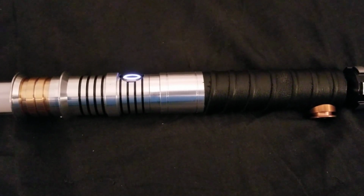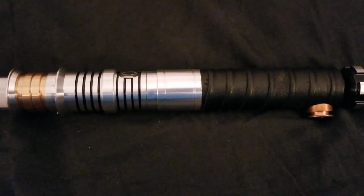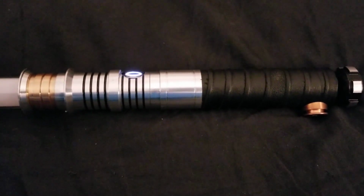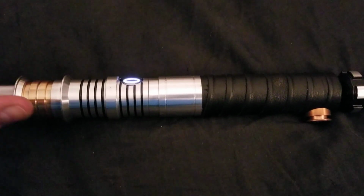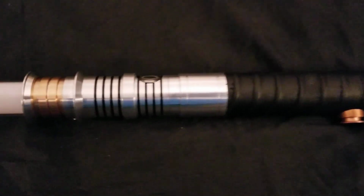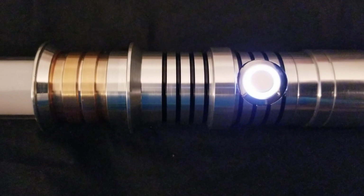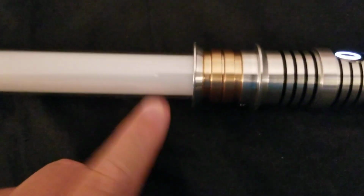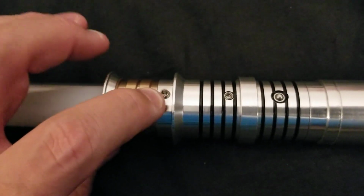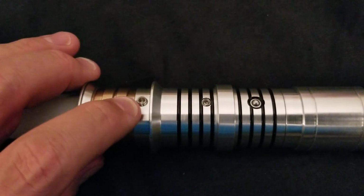So I pretty much did it. I bought a NeoPixel today. I bought a Saber Trio Aaron with NeoPixel, and then I had to go through the process of ordering a blade for that. Now I'm learning that NeoPixel is far more complex than just getting a blade and plunking it in and finding an Allen wrench that can actually fit this, because being Vader's Vault, they had to go with a wider thread